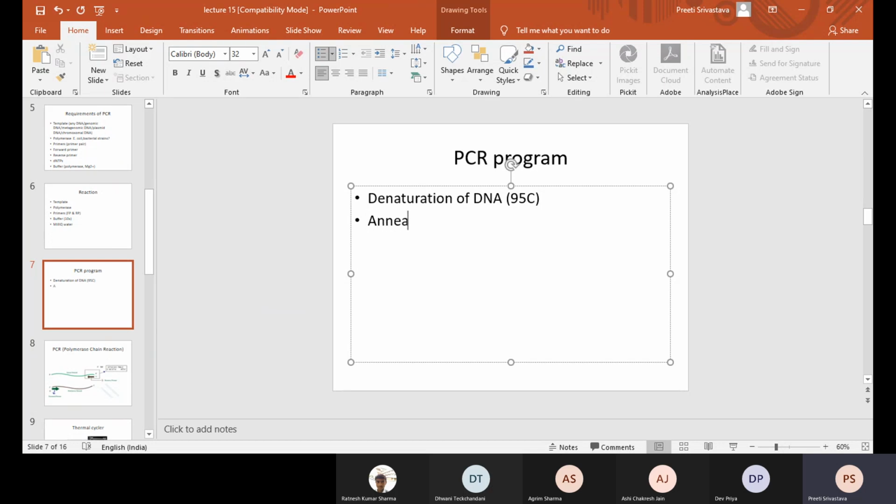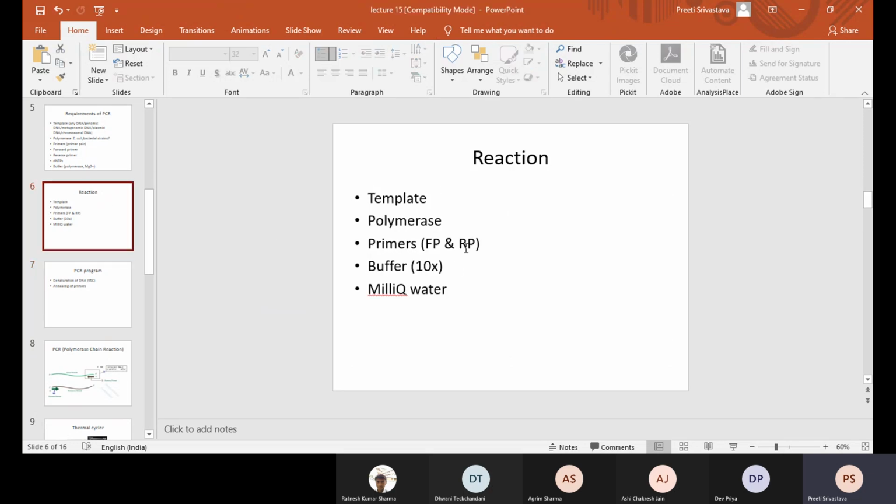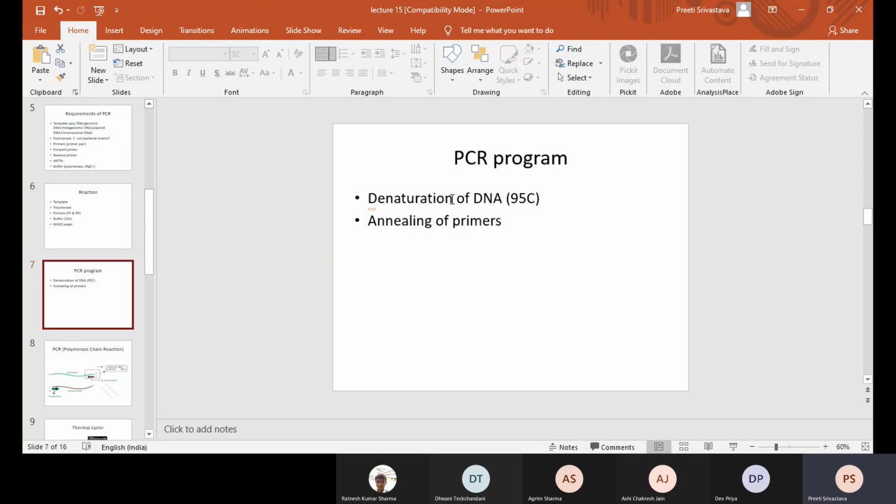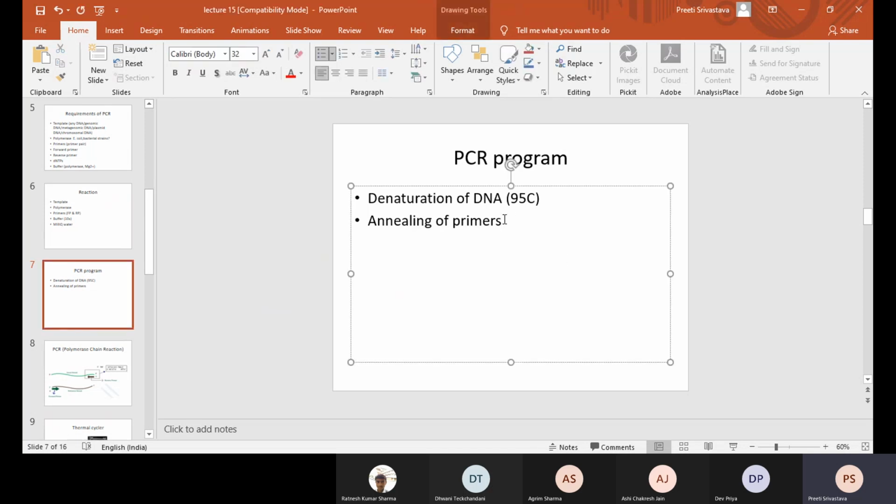This is followed by annealing of primers. This is the temperature at which the primers, the forward and reverse primers that are used, bind to the template DNA, which is denatured. I'll be explaining with a figure, but just to tell you the cycles first.